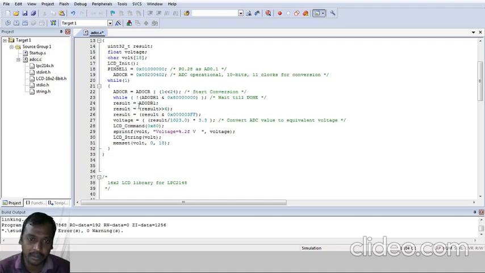Then while, here observe the statement AD0DR1 and 0x80000000. Wait till done. So up to the end of the conversion it should wait. So then result equal to AD0DR1. So in this register the result is stored after the end of the conversion. So then result is equal to result right shift 6. Okay, so then result is equal to result and